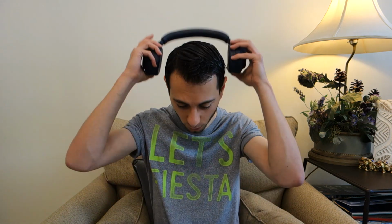So what do I think about the Jabra Elite 85H? Well, in all honesty, they're nice headphones. They look good, they've got good features, and they sound quite good. However, at £280, there are far better options. As I said, the Sonys are my go-to pick if I was buying noise cancellation headphones,